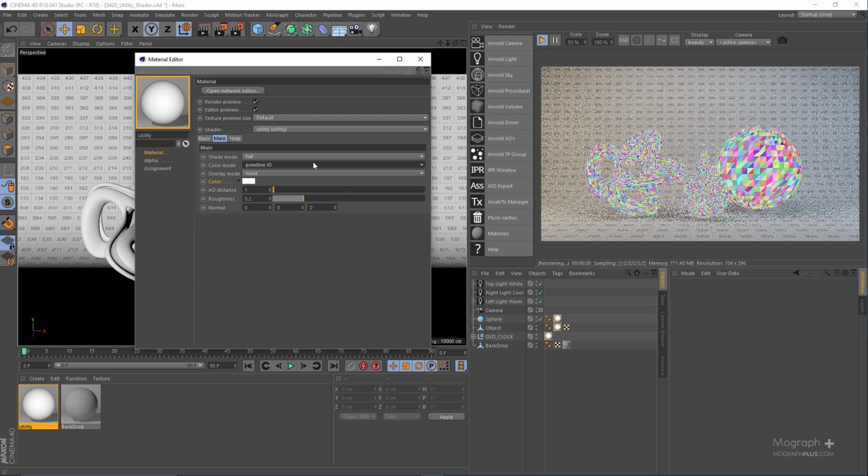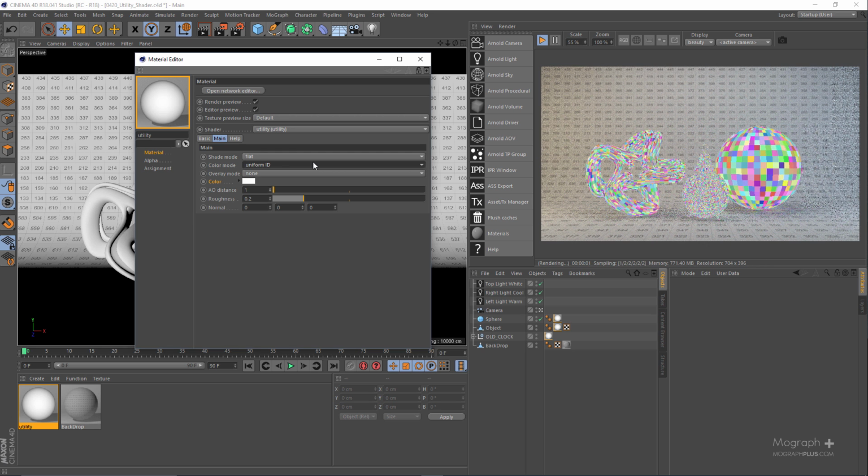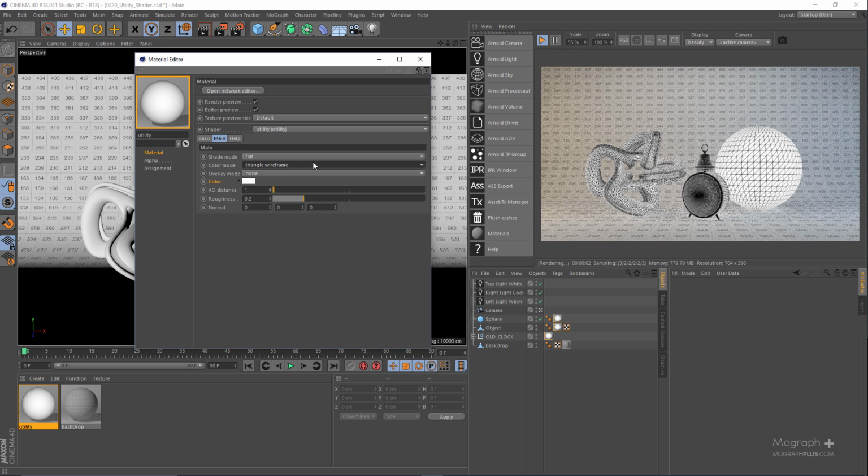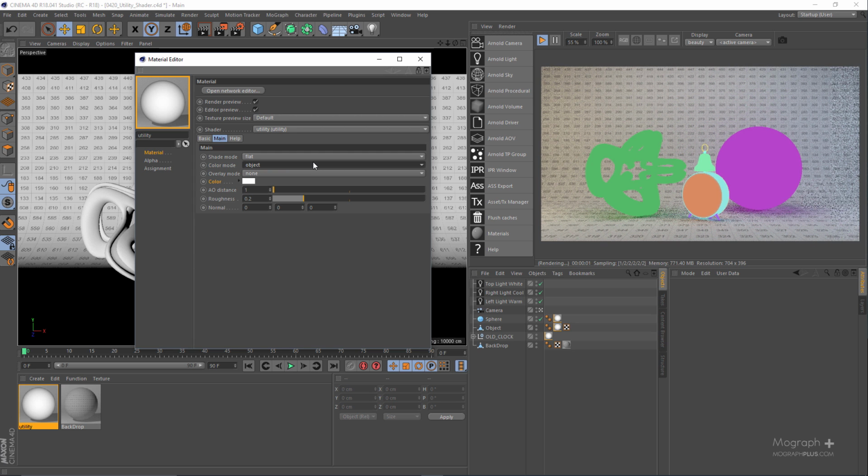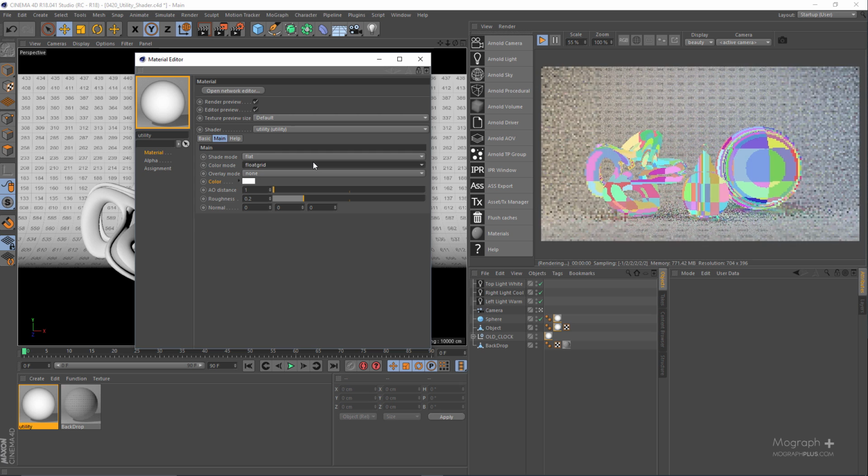We have primitive ID, which shows each poly or face with a different color in a triangulated mode. We have uniform ID, which shows each poly or face with a different color in a quad mode. We have triangle wire, which renders a triangulated wireframe. Polygon wire renders a polygonal wireframe as quads. You have objects, which based on the name of the geometries assign a color to them. Edge length shows the edge length of the objects as a heat map, and you can detect over tessellated areas using it. We have float grid, which